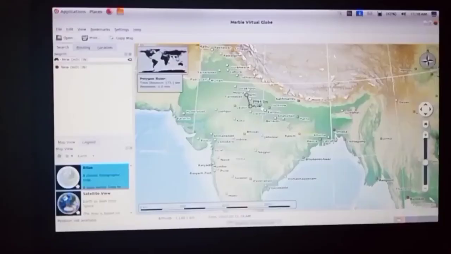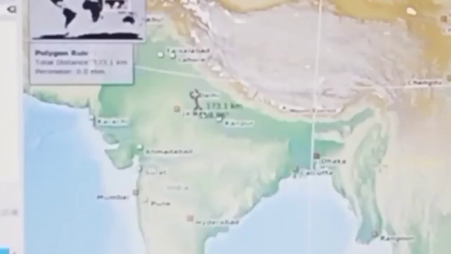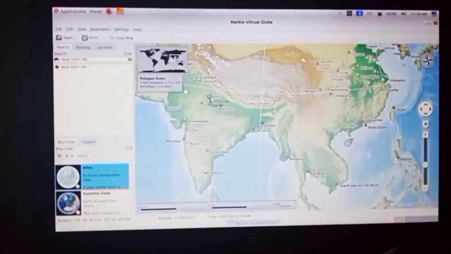Yes, a line is appearing to connect both the places. Here you can see a box and the total distance is displayed here, that is 173.1 kilometer.